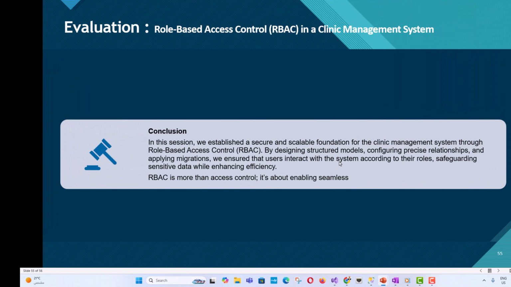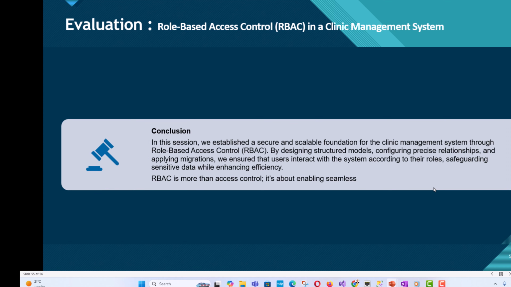Step 5. Conclusion. In this session, we established a secure and scalable foundation for the clinic management system through role-based access control, RBAC, by designing structured models, configuring precise relationships, and applying migrations. We ensured that users interact with the system according to their roles, safeguarding sensitive data while enhancing efficiency. RBAC is more than access control. It's about enabling seamless